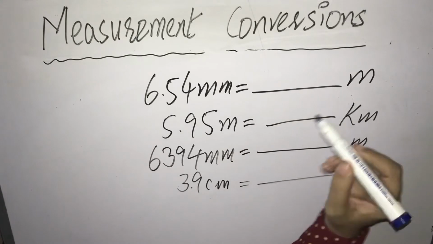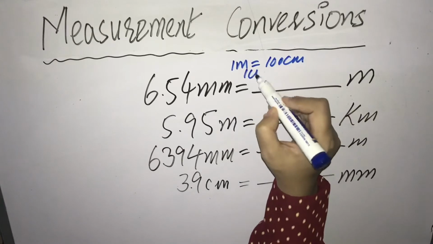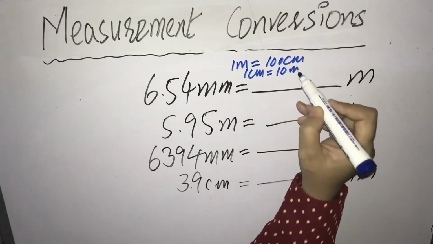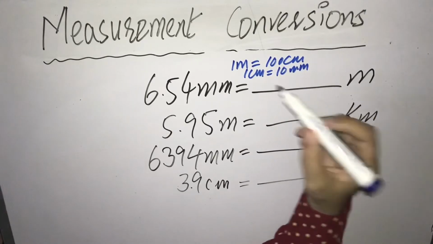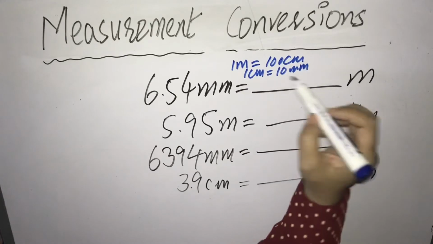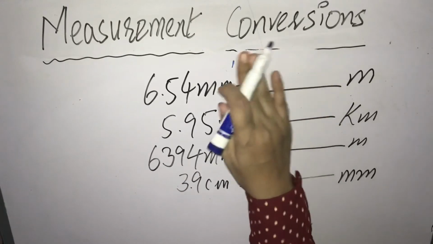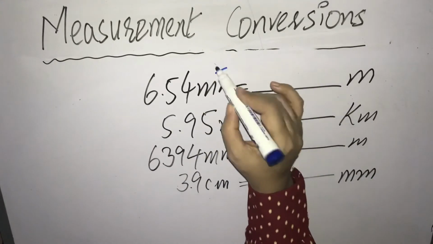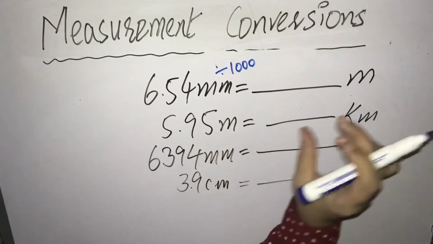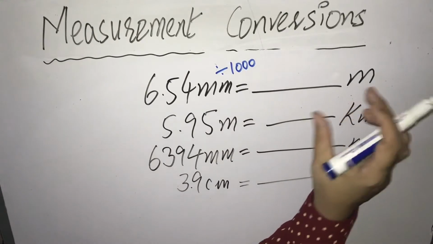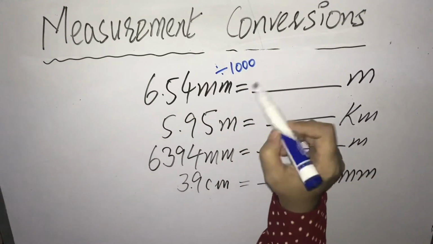6.54 millimeter to meter. 1 meter is equal to 100 centimeter and 1 centimeter is equal to 10 millimeter. So basically you have the relationship of 3 zeros, or 1000. 1 meter to millimeter is the relationship of 1000. Now you are going from the smaller unit to the bigger unit. So when you are going towards the bigger unit, you have to divide. As when we go towards the bigger unit, the digit becomes smaller. In bigger unit, digit is smaller. In smaller unit, digit becomes bigger. So when we are going towards the meter, we have to divide by 1000.